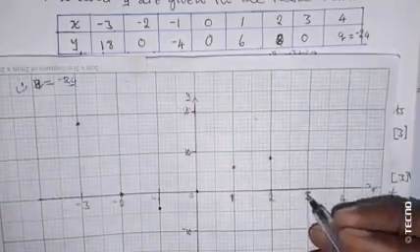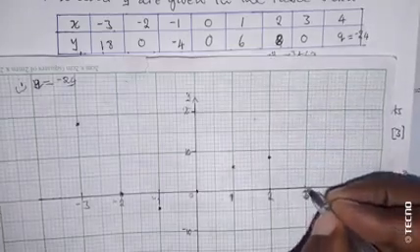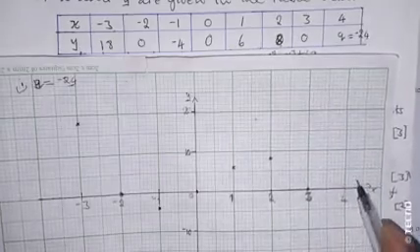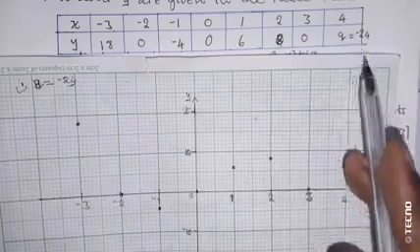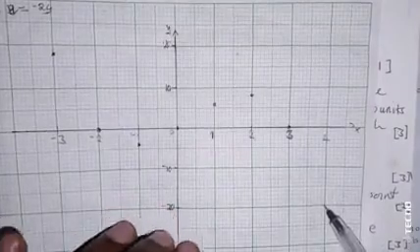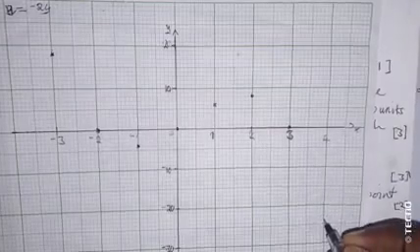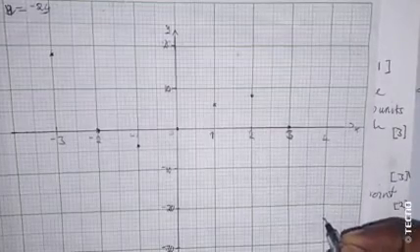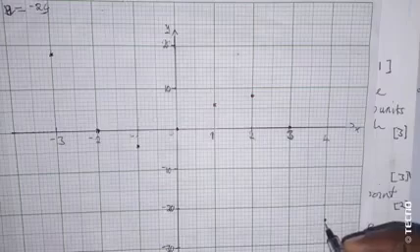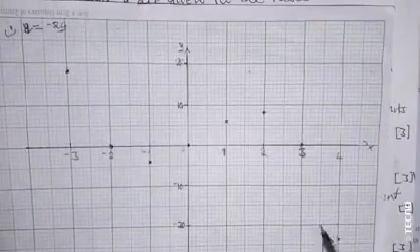Then we have 3, 0. 3, y is 0, 0 at this point. Then we have 4, negative 24. 4 is here, negative 24. So here we have 20. 20, 24 is here before the blue one, this line, which is 5. This is 25, so 4 is there. Then having this, we can draw the